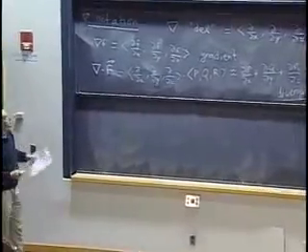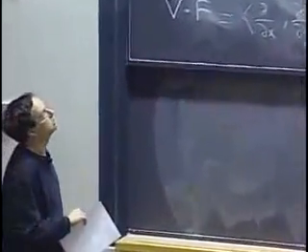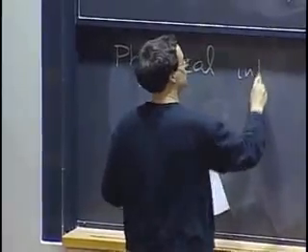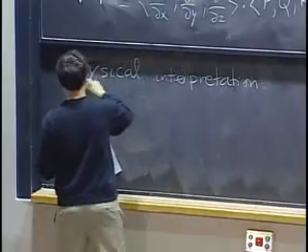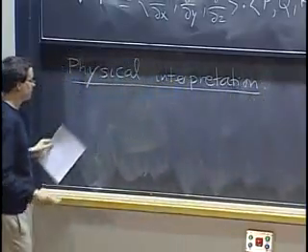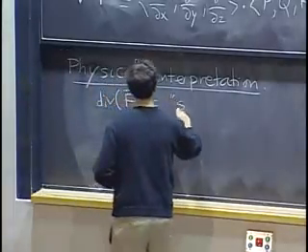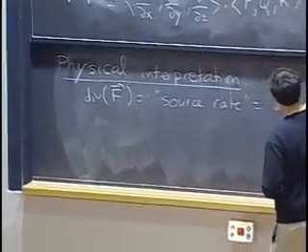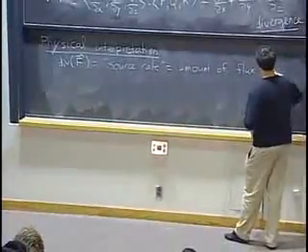Okay, so the other thing I wanted to say is, what does this theorem say physically? How should I think of this statement? I said that very quickly at the end of last time, but not very carefully. So what is the physical interpretation of the divergence theorem? I want to claim that the divergence of a vector field corresponds to what I'm going to call the source rate, which is somehow the amount of flux generated per unit volume.